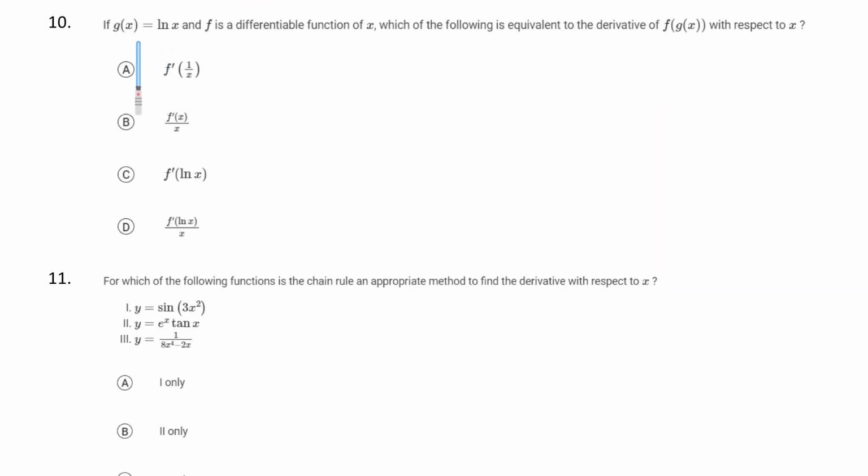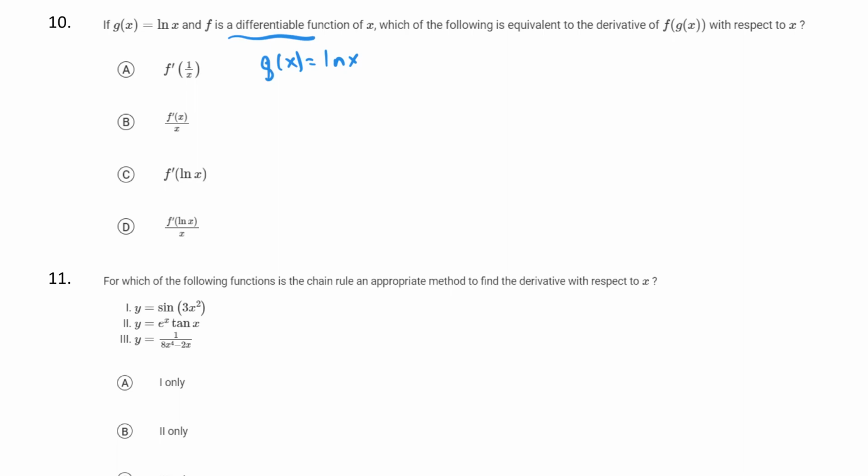All right, over here it says, if g of x equals ln x and f is a differentiable function of x, which of the following is equivalent to the derivative of f of g of x with respect to x? All right, so we need to find something equivalent to that, and I'm given over here that g of x is equal to ln x, and f is differentiable, so we know it's continuous. Which of the following is equivalent to f of g of x? Okay, so